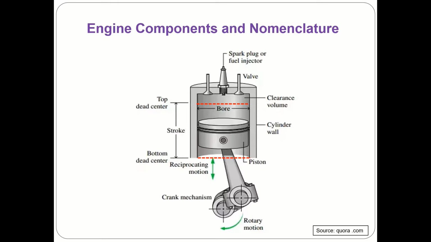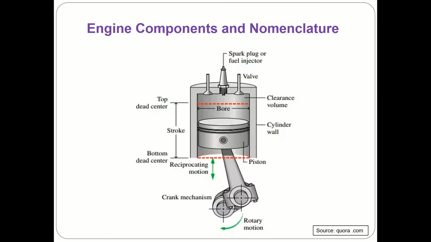Now you see here the piston when it is moving in the cylinder, it also consists of piston rings. So when we are talking about the piston and cylinder arrangement, the contact is between the piston rings and the cylinder, and not between the piston and the cylinder. So that we should know. Just to reduce the friction, we are using these rings which are in contact with the cylinder.